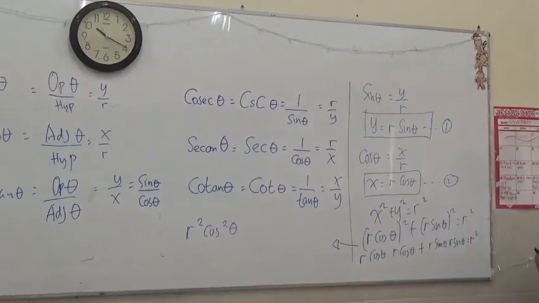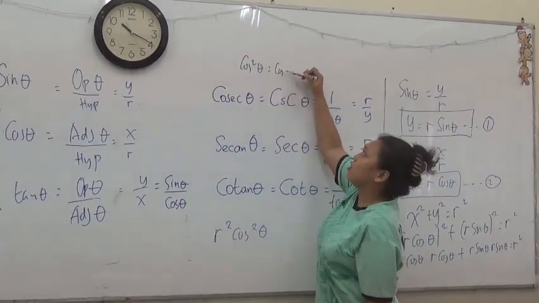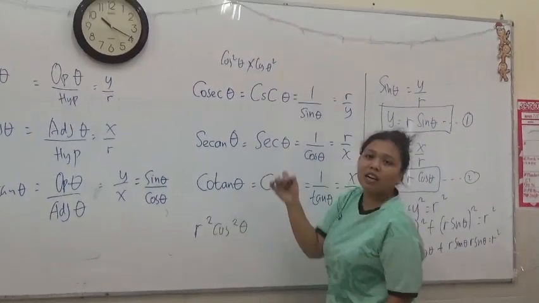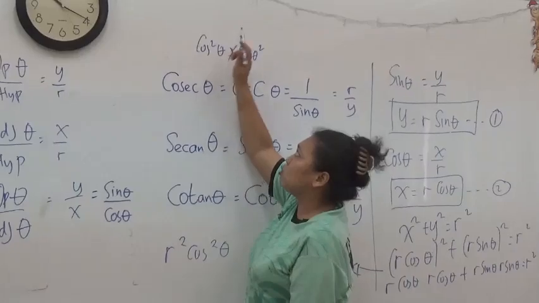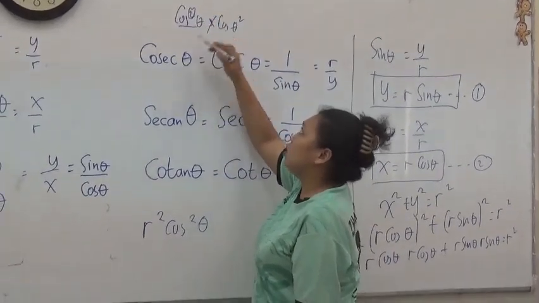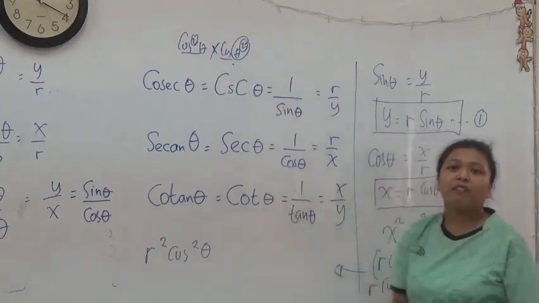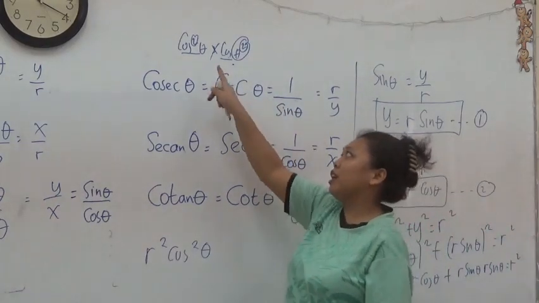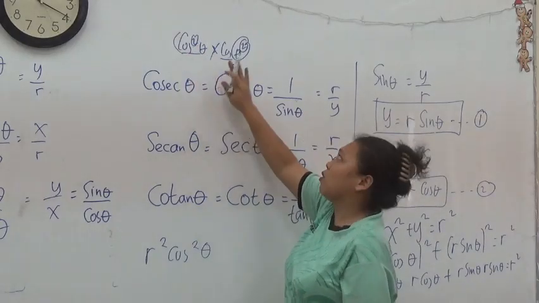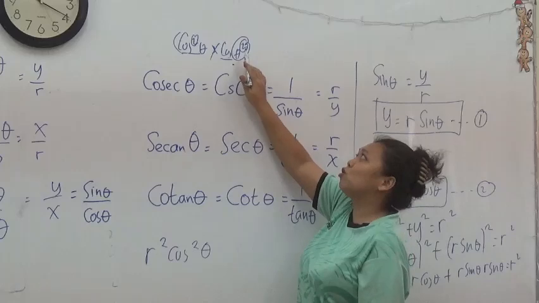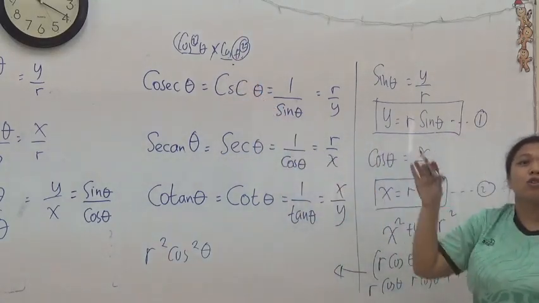You need to be careful here: cos squared theta and cos theta squared are different, they're not equal to each other. In the first expression, you square the cosine value. In the second one, you square your angle and then you take the cos. So once again, the first one, cos squared theta, you square the value of your cos theta. The second one, cos theta squared, means you square the theta and then you find the value of its cosine. They are very different, so you need to be careful.